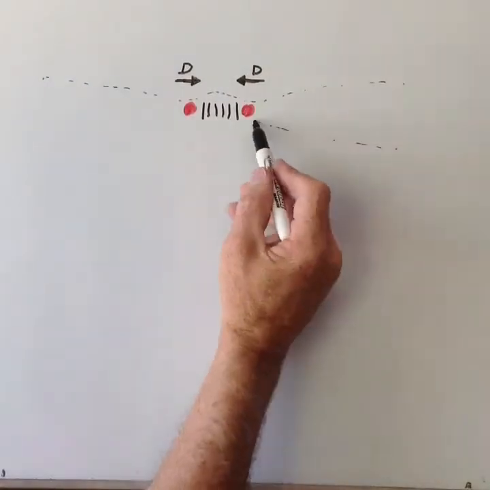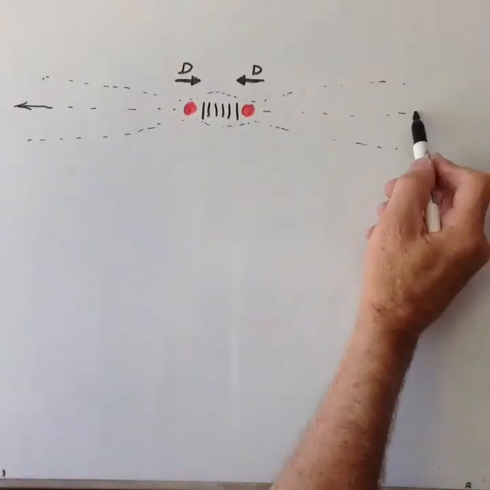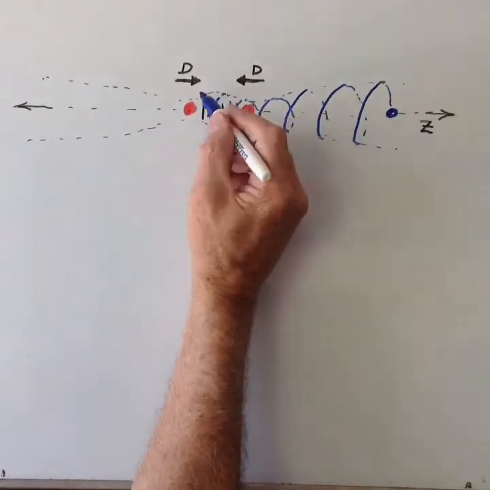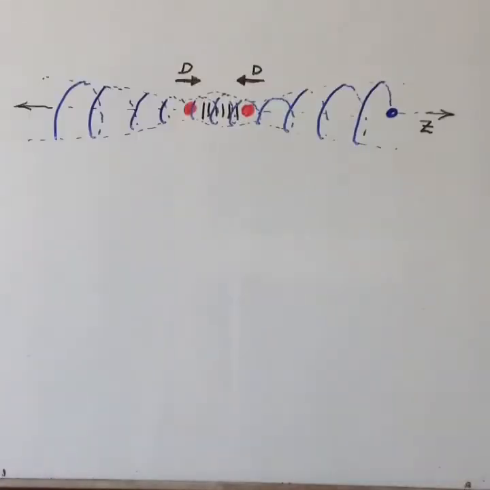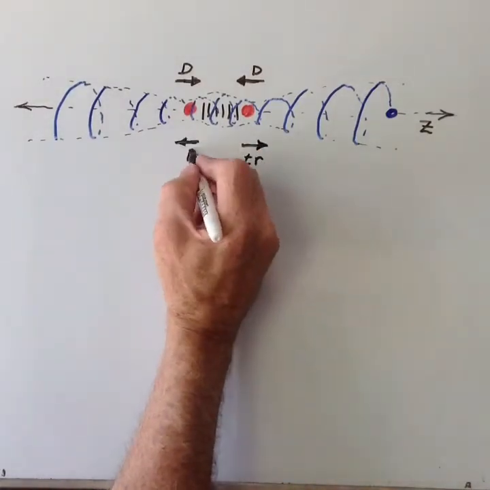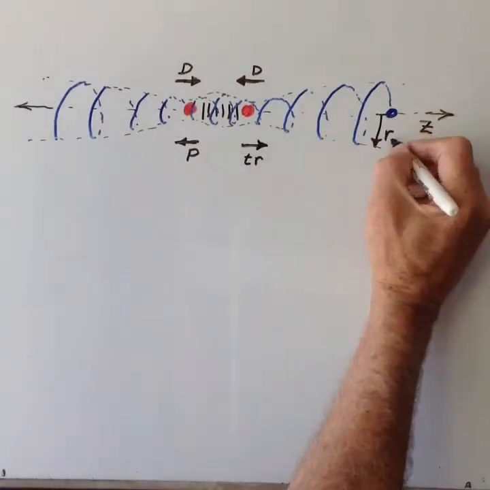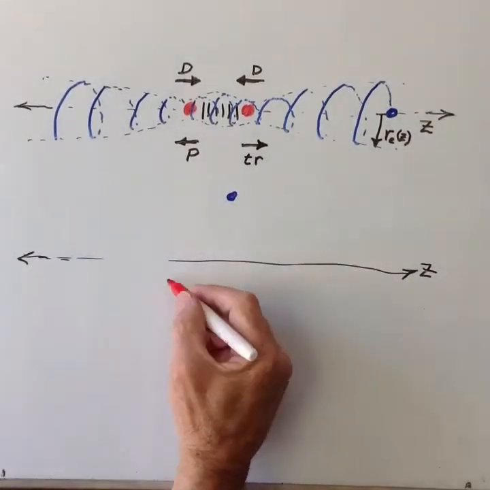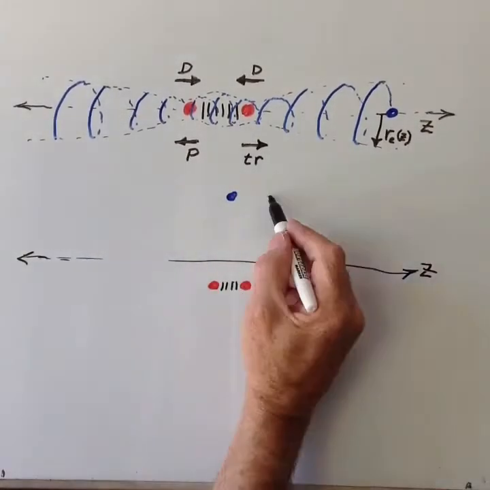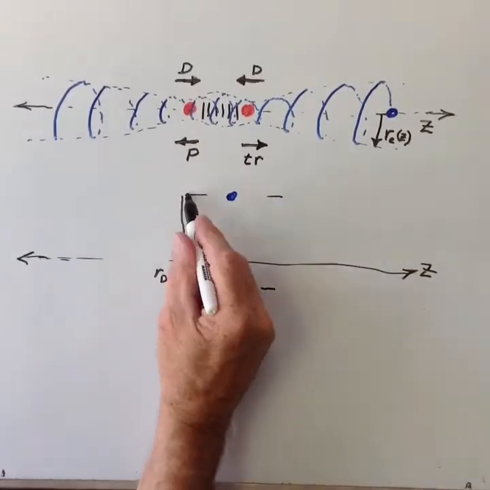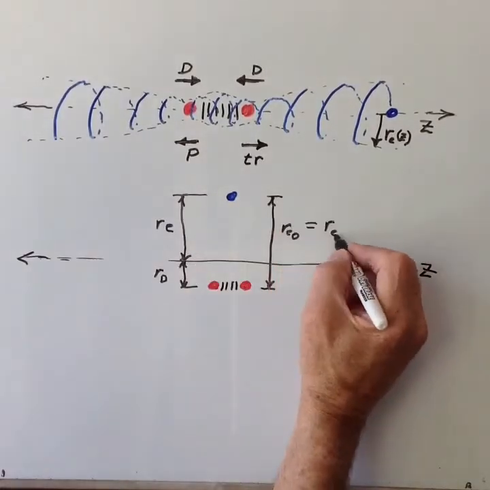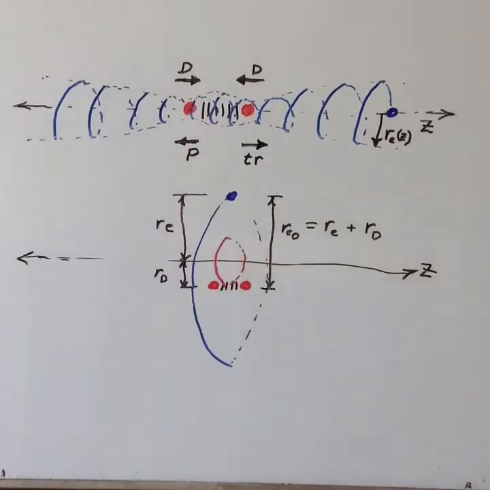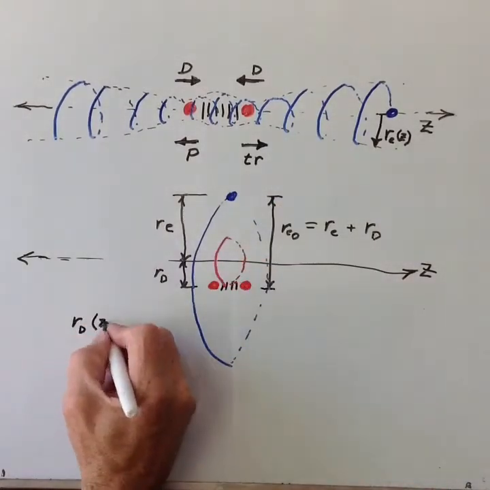Recall that in simplifying the path integral, we assumed that the electron radius of rotation in the xy plane was taken from the center of the deuterons. This approximation has an error of less than 0.1%. Now we need the deuteron distance from the center of mass, which we use for the tritium and proton. This is illustrated here. When the two deuterons are reacting, the radius of the incoming deuterons in the xy plane can be estimated by the reduced mass of the two deuterons and the electron.